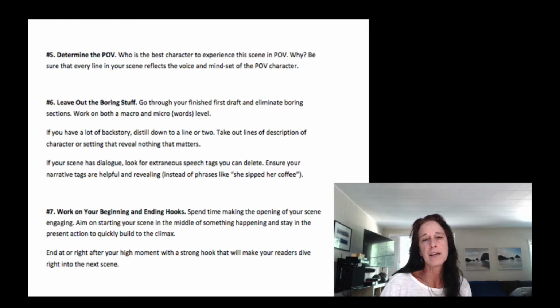You might have a scene with your protagonist and his sidekick, and maybe his sidekick is a point of view character as well in some of the scenes. But maybe you want the sidekick to see something or notice something or process something that happens in a way that only he can, that's important to the story. It's important to reveal to your reader. So you'll choose to put that scene in the sidekick's point of view, okay? So there's a lot more to determining point of view, but that's the basic sum of it.